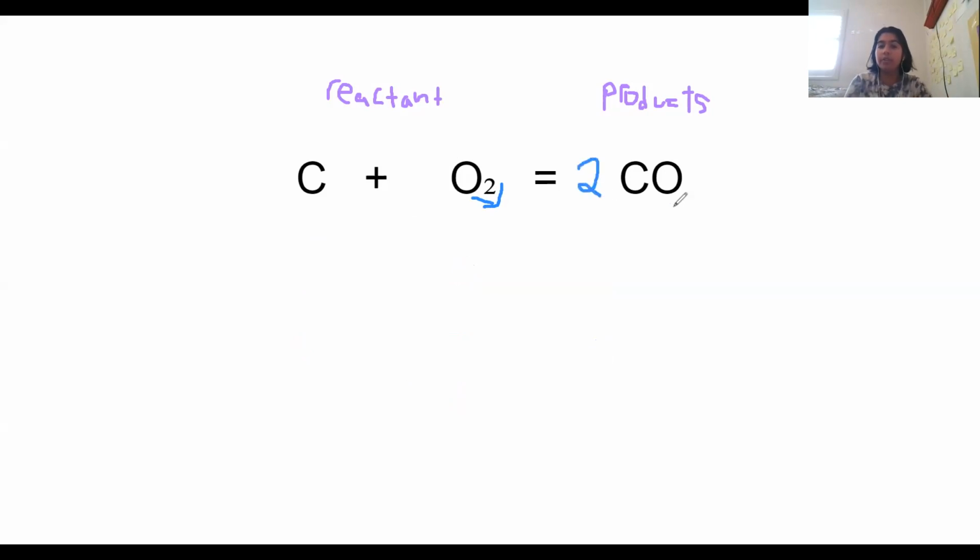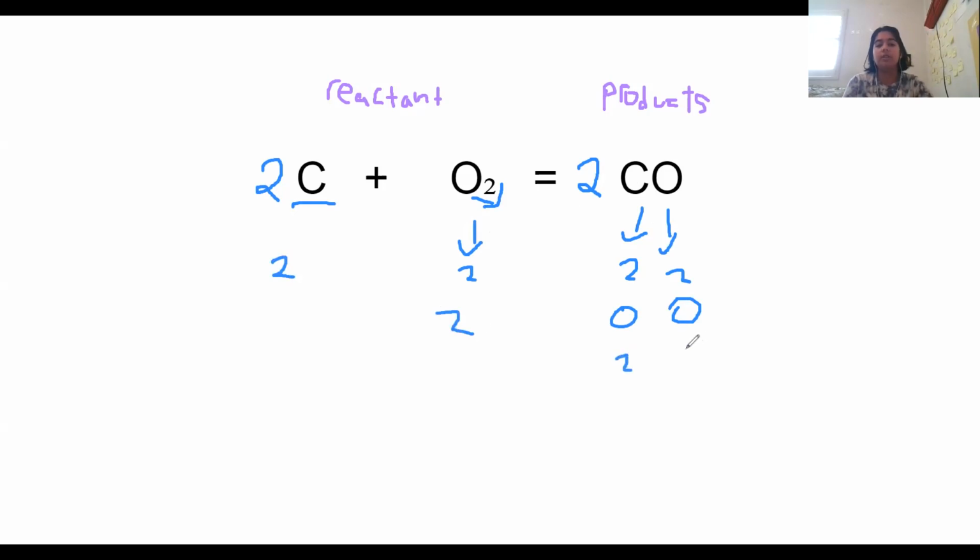We're going to actually just double this whole thing. So we're going to take these carbon monoxide molecules and we're going to have 2 of them now. Okay? So we're going to have 2 of those, which gives us 2 oxygens and 2 carbons. But then you might ask, all right, so we have 2 oxygens here, right? And we have 2 carbons here and 2 oxygens, but then we only have 1 carbon here. So what are we going to do? Pretty simple. We're going to also put a 2 here, right? So that means we have 2 carbons, 2 oxygens, 2 carbons, 2 oxygens, and we're fully balanced, completely balanced, and